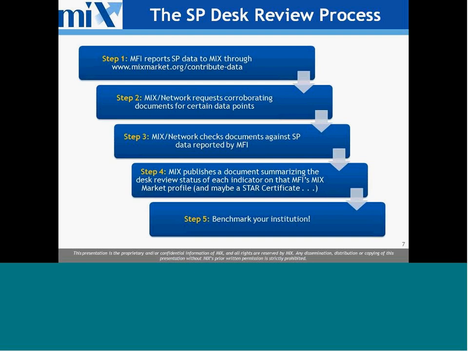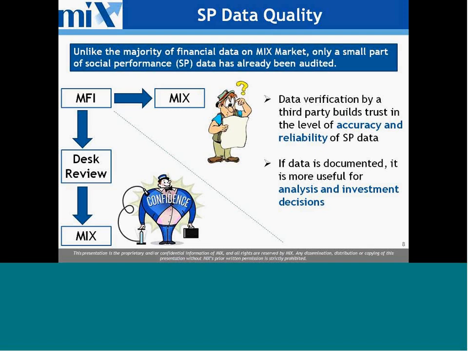SP desk review is intended to strengthen the quality of social data MICS collects. The starting point to understanding the desk review process is understanding why we have created it. As I said earlier, for 10 years, MICS has been collecting financial data from MFIs. In most cases, this financial data is supported by financial audits. On the other hand, only a small part of SP data has been subjected to a level of third-party verification